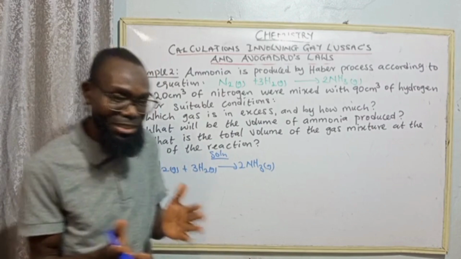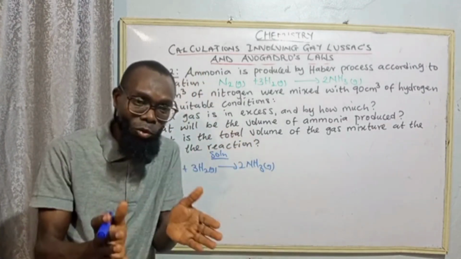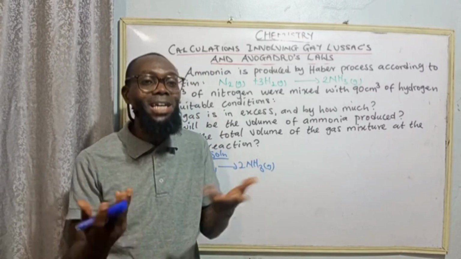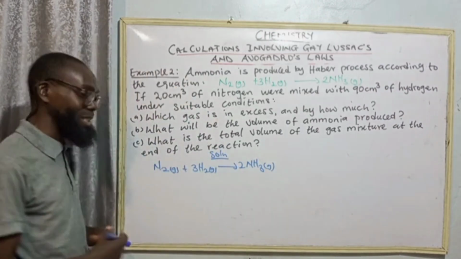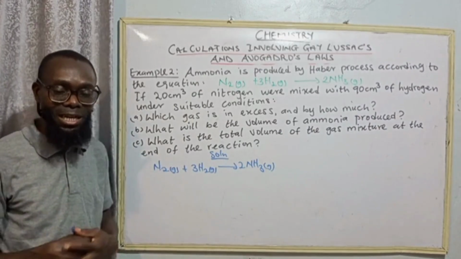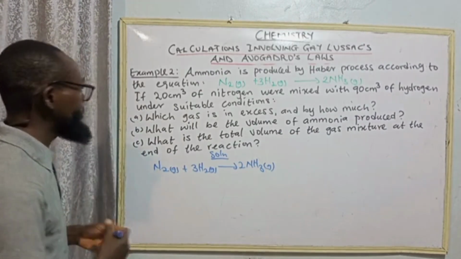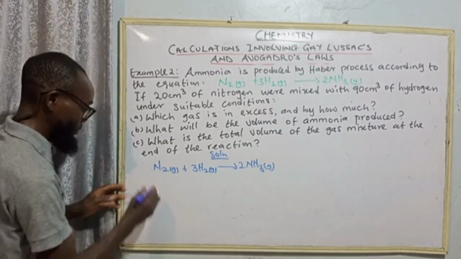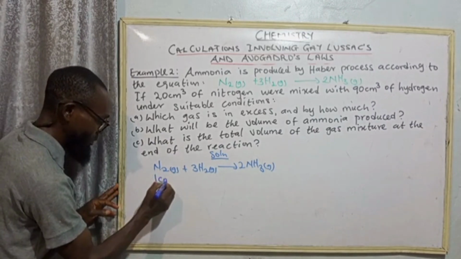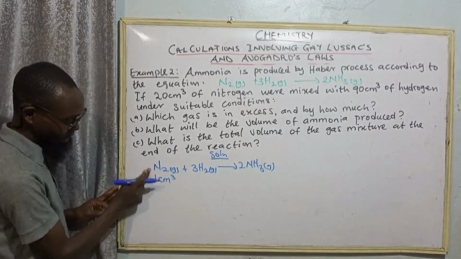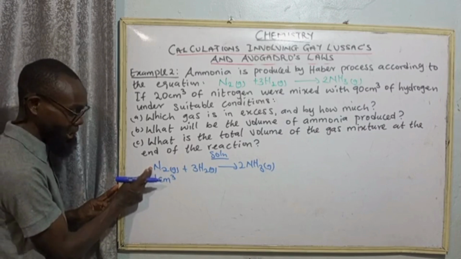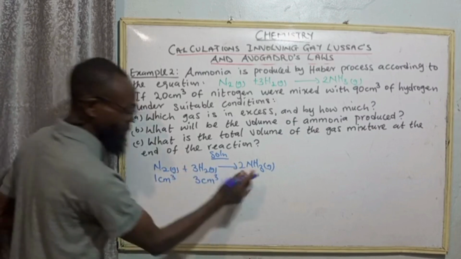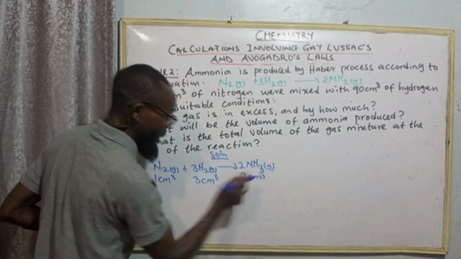Some gases will react, part of them will react, and the remaining one is called excess reagent or excess gases, or sometimes residual gases. Now, let us look at how to determine the limiting reagents and the residual gases. Here, let's use Gay-Lussac's law. 1 cm cube, and when I say 1, I'm talking about the number before it, 1 cm cube of nitrogen reacts with 3 cm cube of hydrogen to give 2 cm cube of ammonia